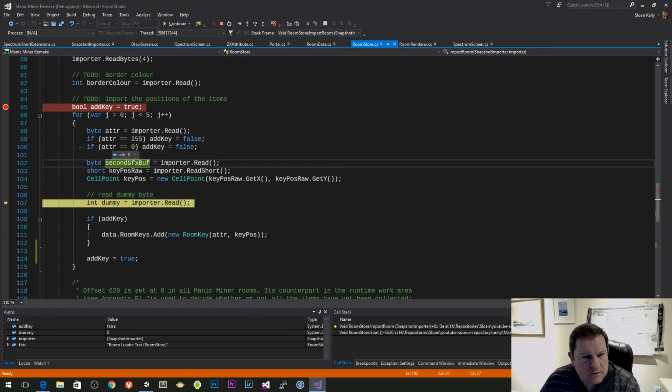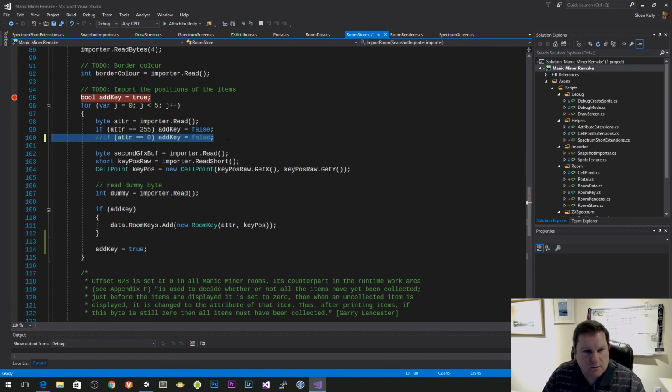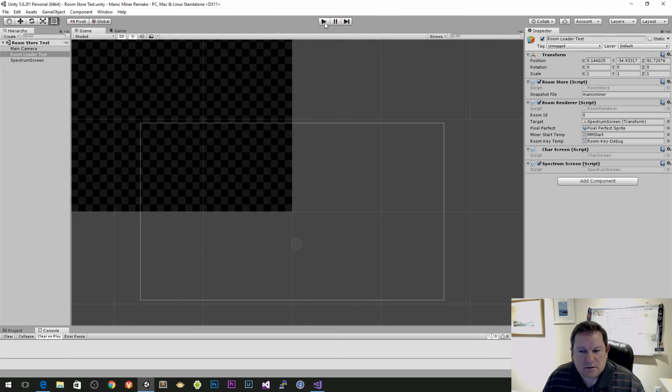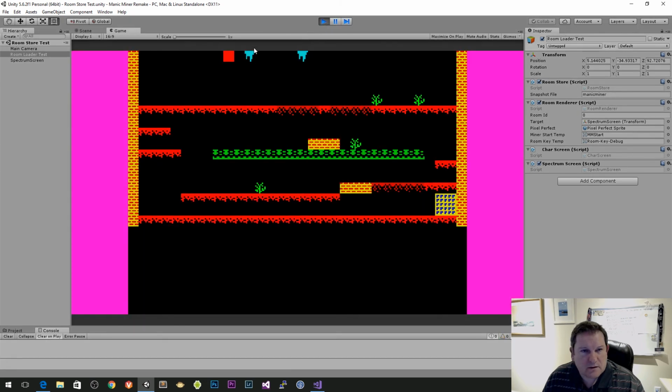I think that's right. Let me comment this out. I'm going to go back and read the docs there, but the 0 and 9 looks like it should be valid. 255 doesn't look like it should be valid, but 9 looks right if I look at